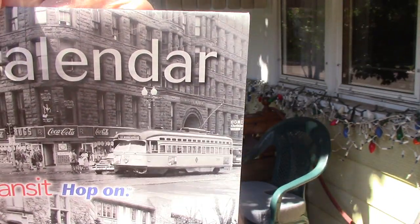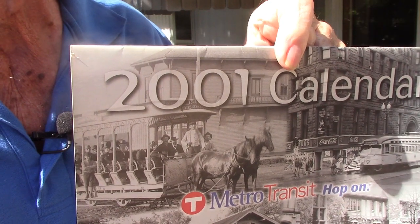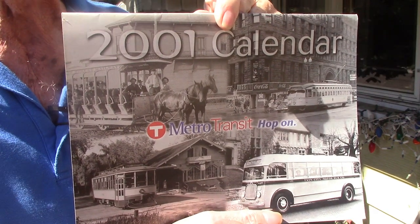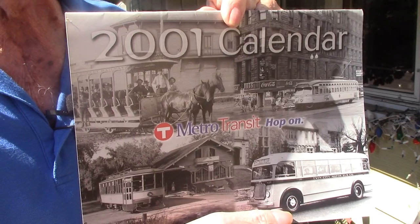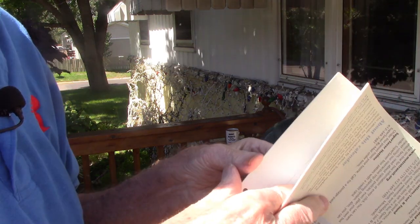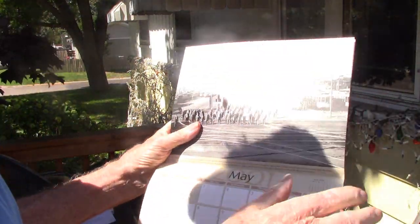I know it's hard to see what I'm doing, but I'm looking at a camera display that's not really bright enough out in open sunshine. So I hope I'm displaying this correctly so you can see it. And I'm going to try not to jump around. But anyway, so this calendar, 2001, shows different phases of development in,